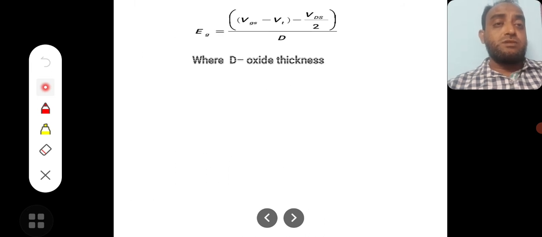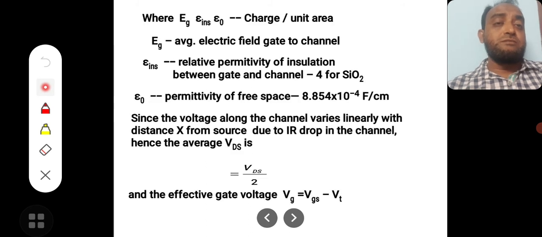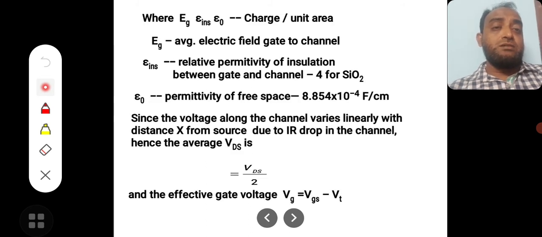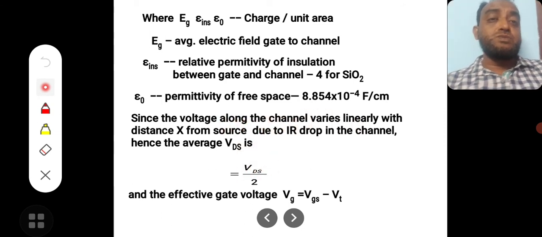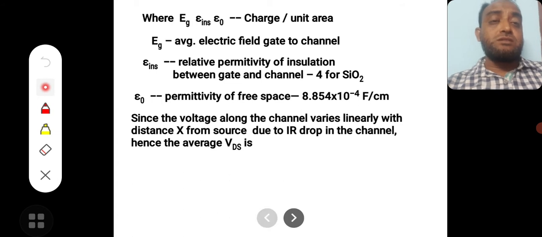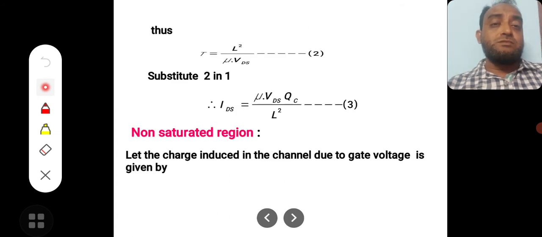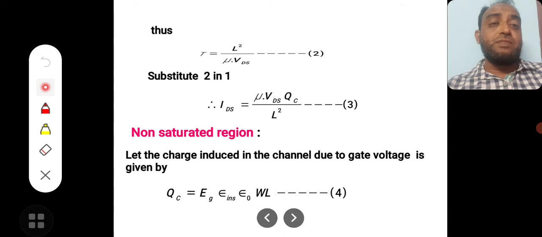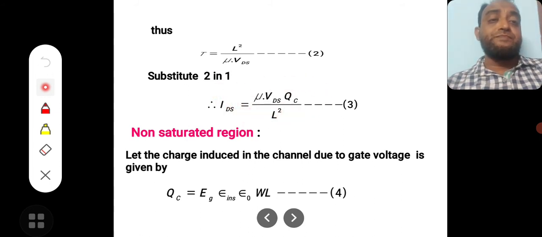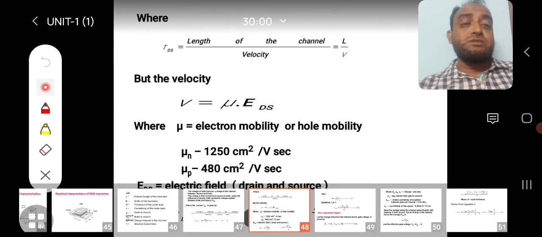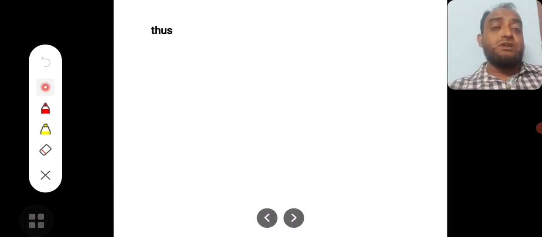So if you substitute here, Eg is equal to VGS minus VT minus VDS by 2 divided by D, because the average gate voltage will be VDS by 2. Now what you need to write is, we are substituting our current relation in this equation. Now when you try to substitute that equation here, what you need to write is